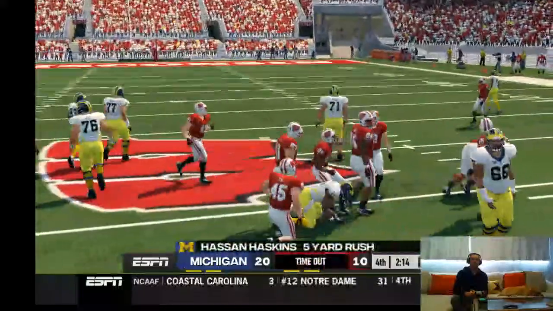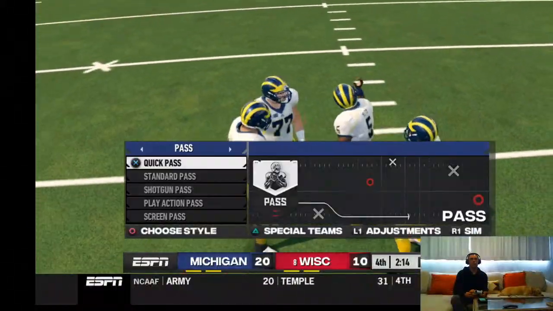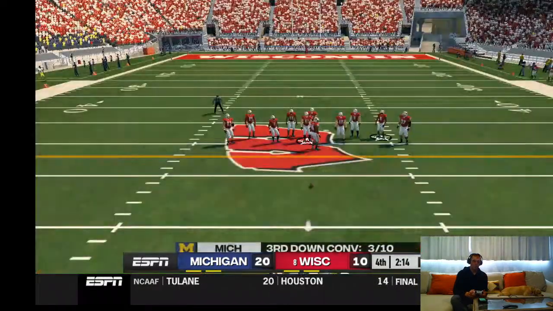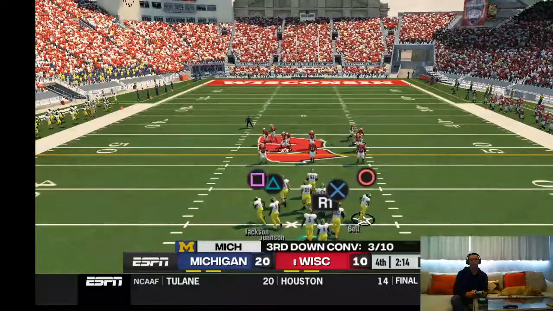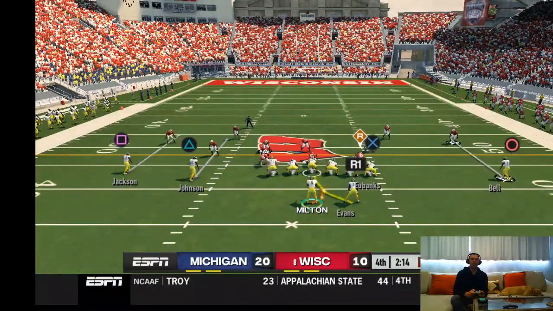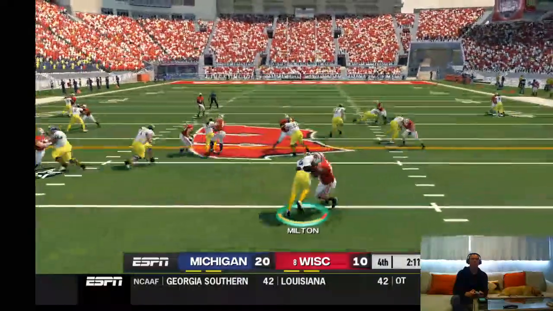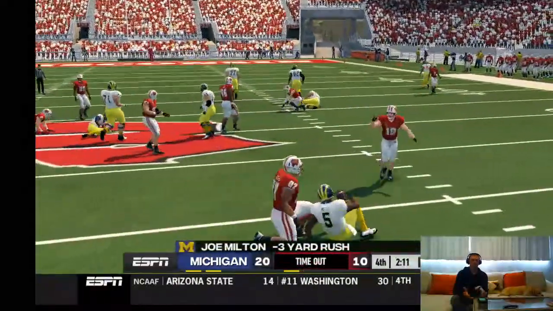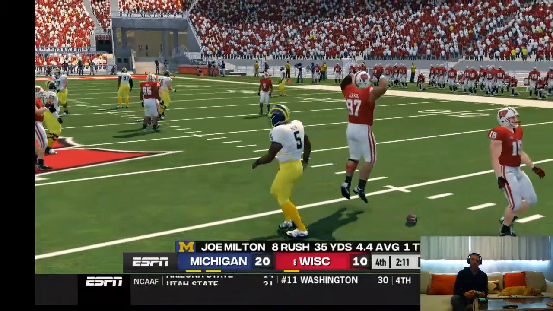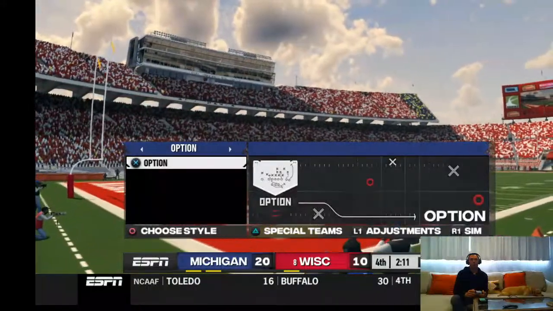He takes it right side for a good gain. A 5-yard pickup by the halfback on the misdirection. So the Badgers taking their first time out of the half. Only 3 attempts. There's so many stats in this game, you'd think we were losing. Oh, I held the button down. So the game froze as I was trying to hand that ball off. And that run got stuffed. Yeah, you're right. The defense definitely won the battle at the line of scrimmage there.